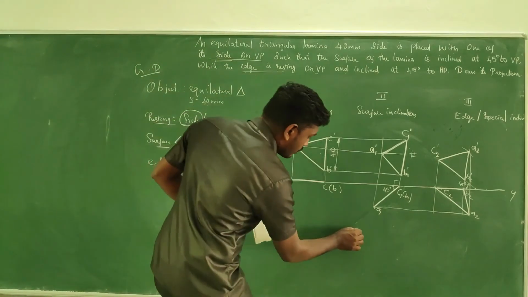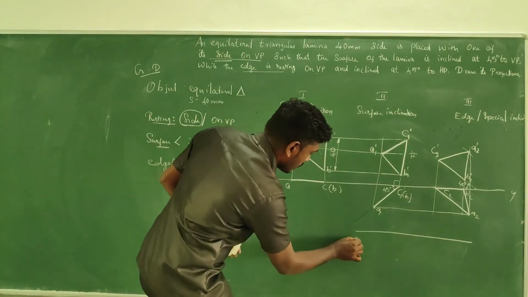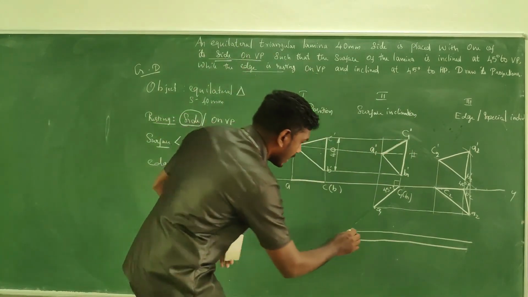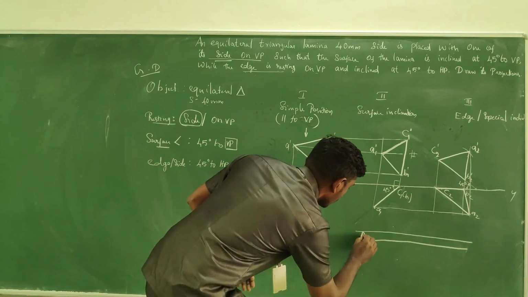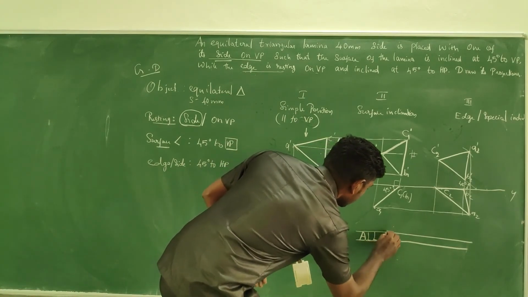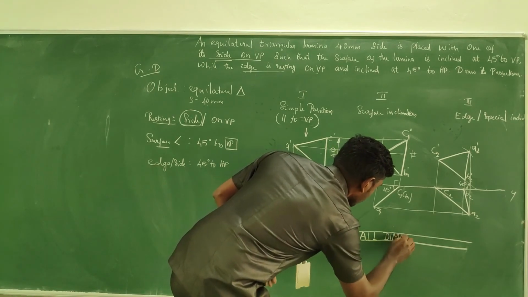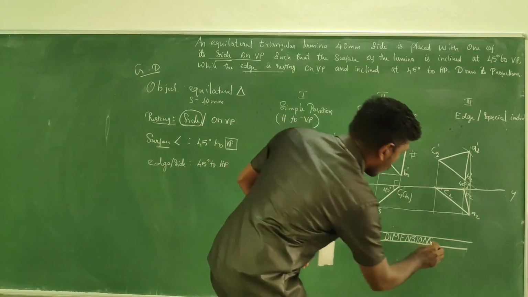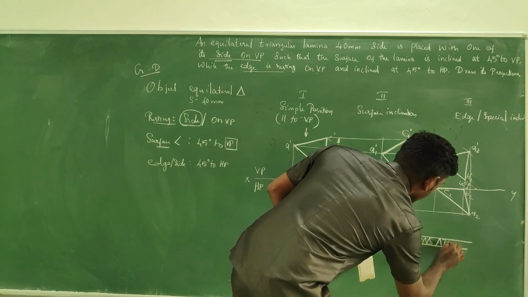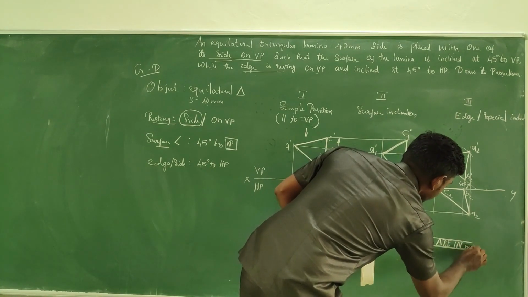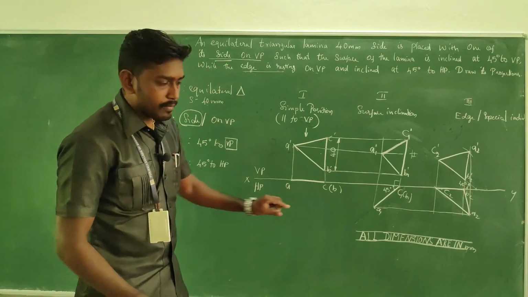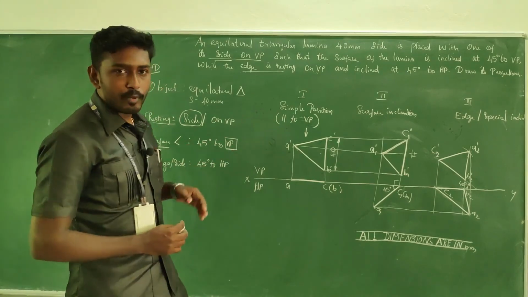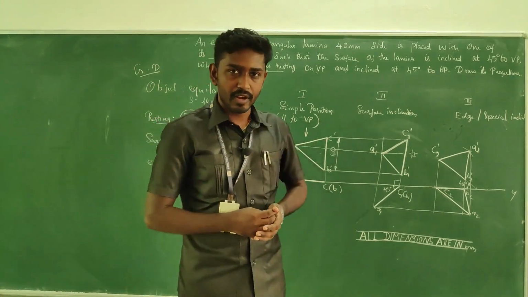Next we have to take the note. For that, take guidelines with a 5 mm gap, and in a neat manner write that all dimensions are in mm. Also you can make a guideline and write the scale 1:1. Right? So I hope you understood how to make the drawing. Fine. Thank you so much.